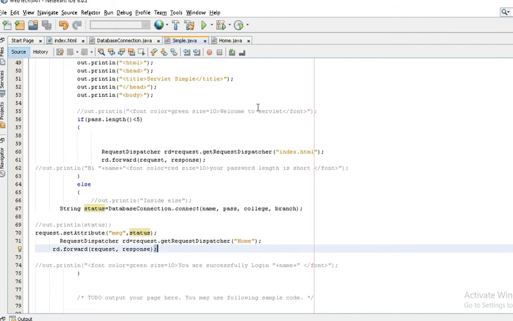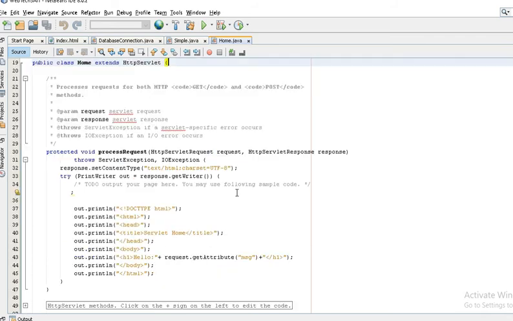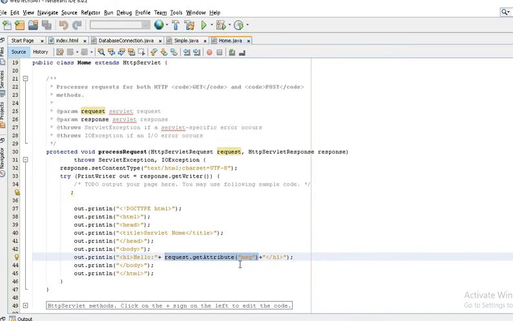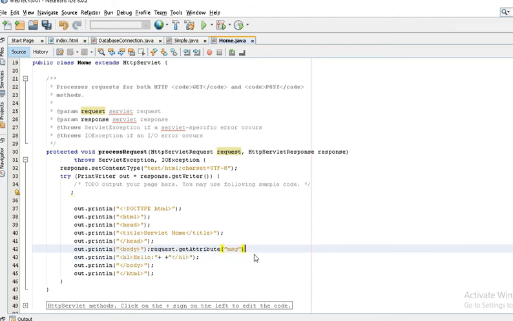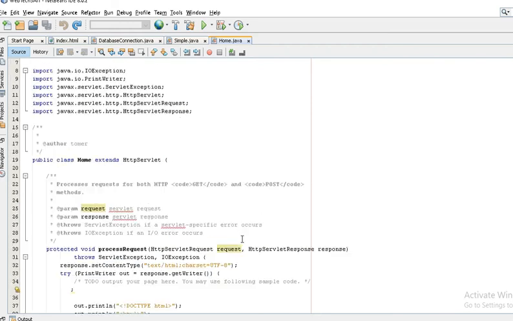Home is another servlet. In the simple servlet I set the attribute, and in the home I get the attribute. So I got the message from the simple servlet.